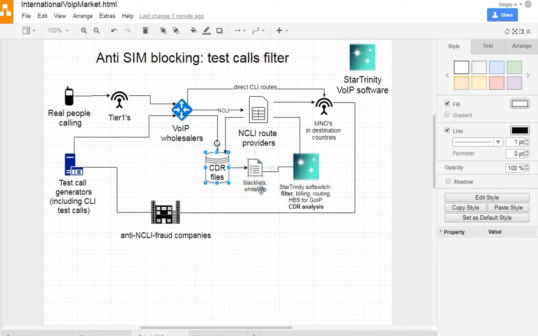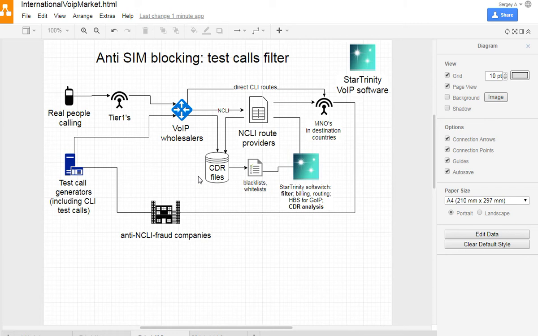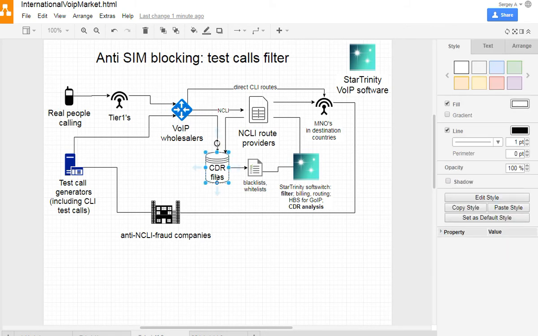It's about whitelisting. And for blacklisting, you can analyze history and see which numbers are dialed many, many times with no answer, for example, or with short duration, and you can filter it in the source switch to blacklist some unwanted traffic. Or, for example, if a wholesaler wants to block spam traffic, the wholesaler can analyze